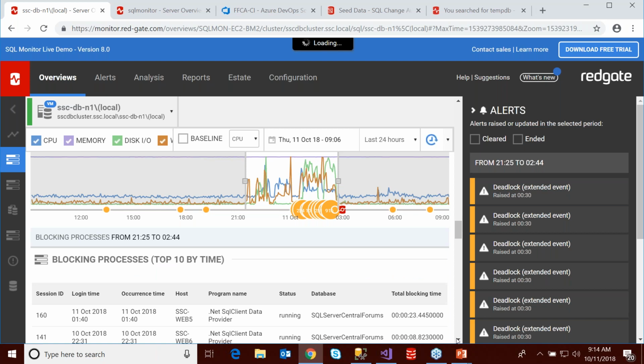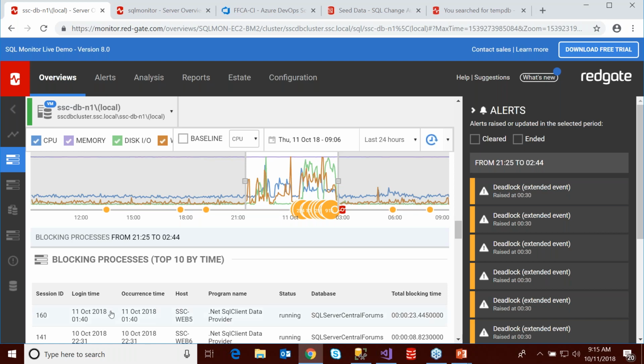Below that, we can show you the blocking processes that are occurring on your instance. One thing to keep in mind with blocking processes is that we're only tracking the lead blocker, or the head blocker, meaning any blocks that have descendant blocks. The reason we do this is that if we were to capture every single block, as I'm sure a lot of you know, you might have thousands of alerts or notifications of that particular occurrence. Because of that, we're only tracking lead blockers